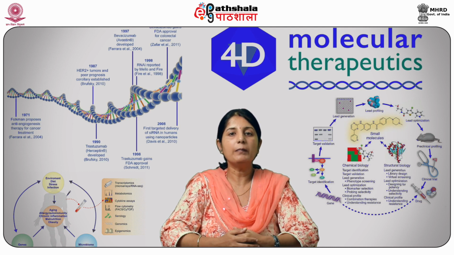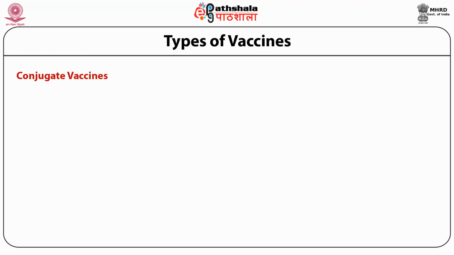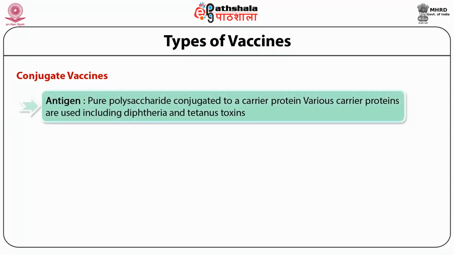Isolated antigen may not retain its native conformation. Therefore, antibodies may not be able to recognize the same antigen on the pathogen surface. This is specifically true with protein vaccines. Conjugate vaccines. Now, the disadvantages which are seen with pure polysaccharide vaccines can be overcome by conjugating the pure